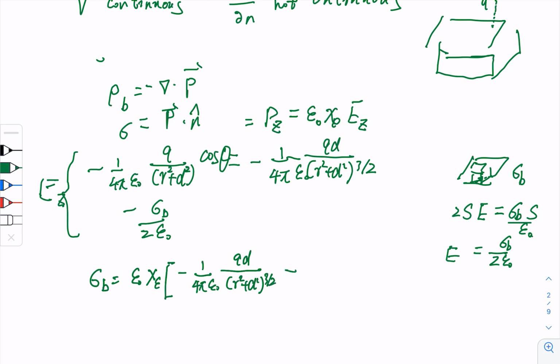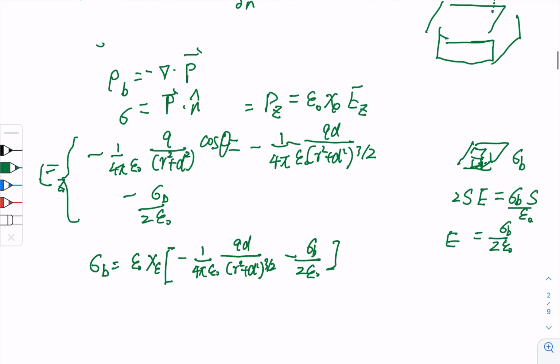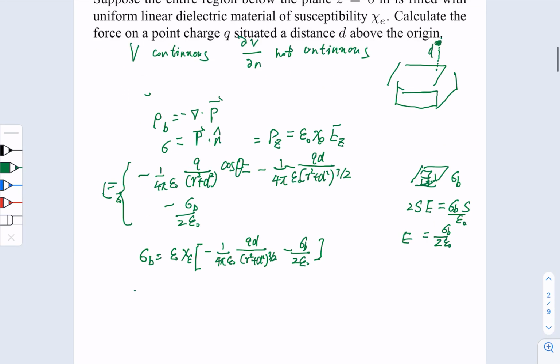So this is the first term, and add the second term. Now, if you look at this expression, it contains sigma b on both the left and the right hand side. But you can solve this easily, right? So the sigma b can be solved, and it should be